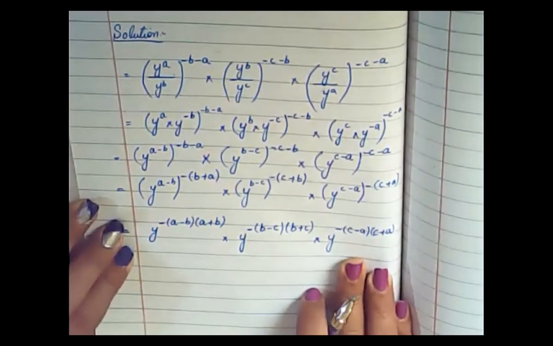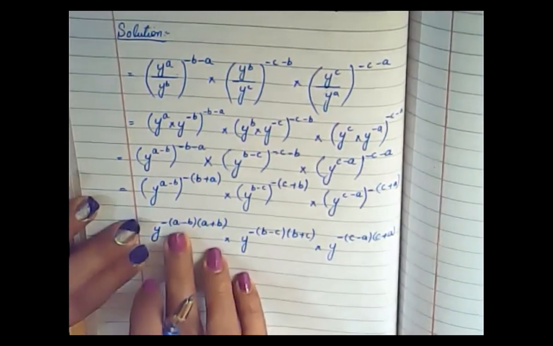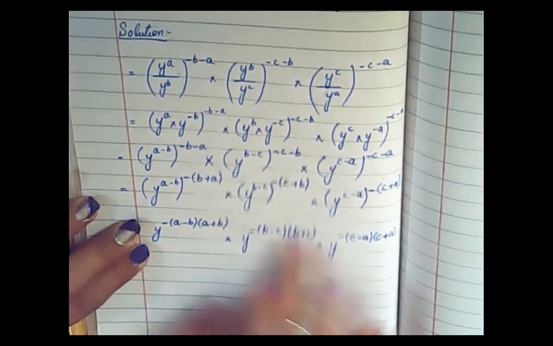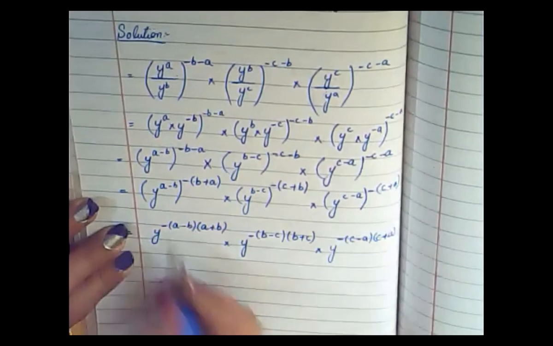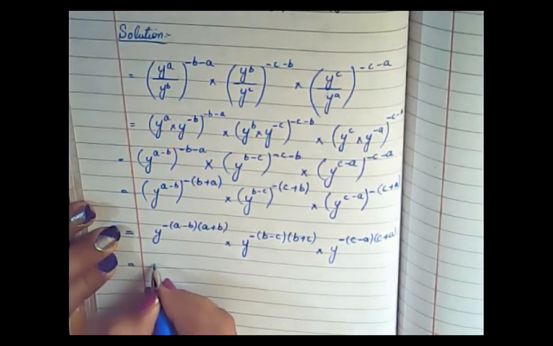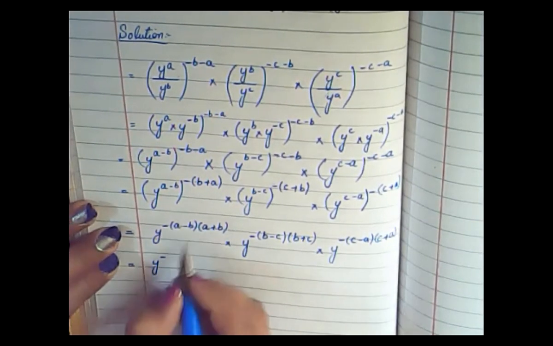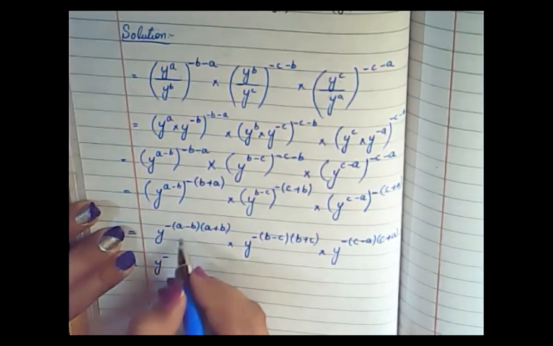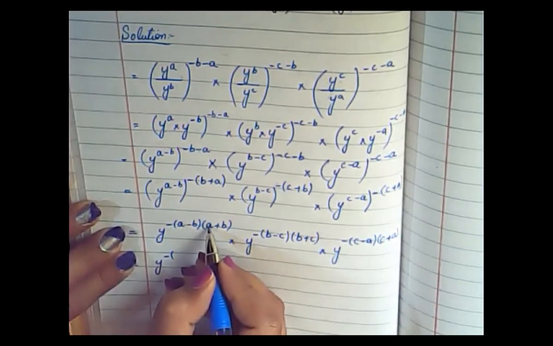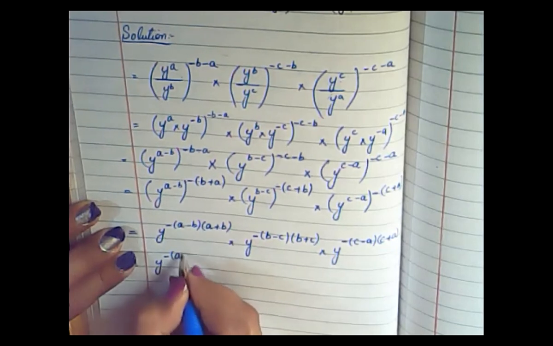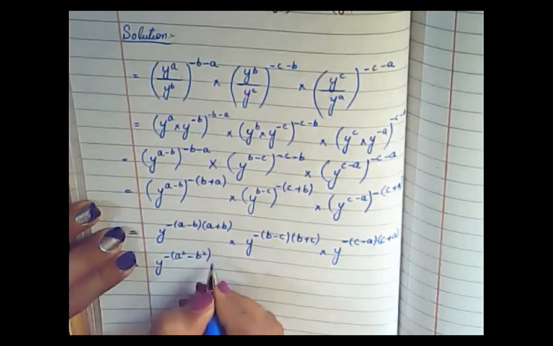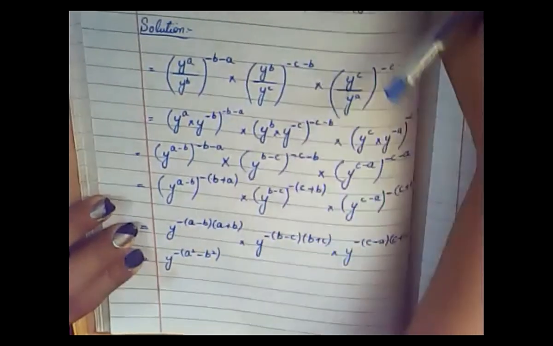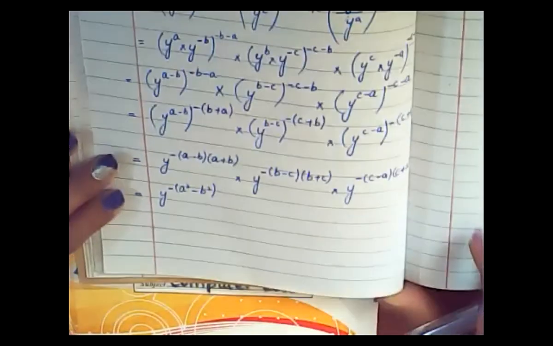Right? Now if you can see here, we are going to multiply this with this one, this with this one, this with this one. So when you are going to apply the formula, or when you are going to multiply it, what you will write down here is y minus. Okay, now simply when you are going to multiply it here, a will be multiplied with a, so a will be a square, minus plus will be minus b square, bracket close. Understand?